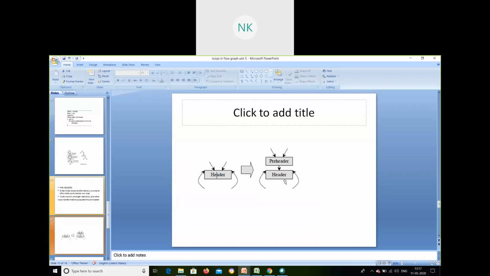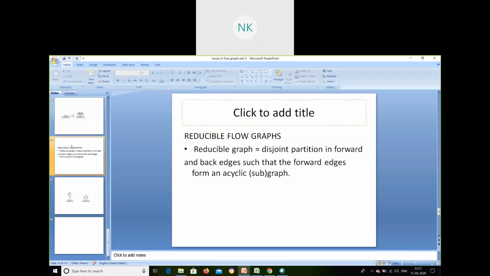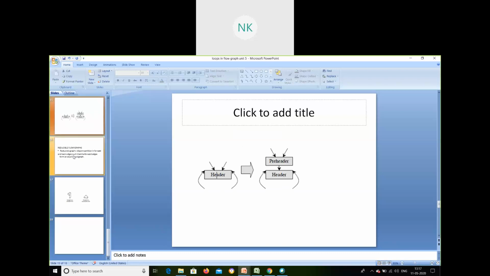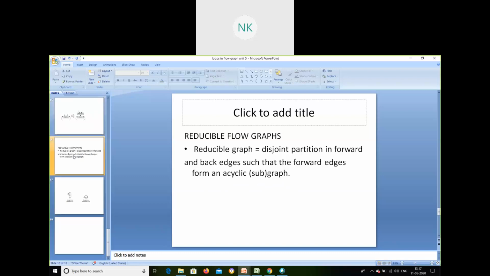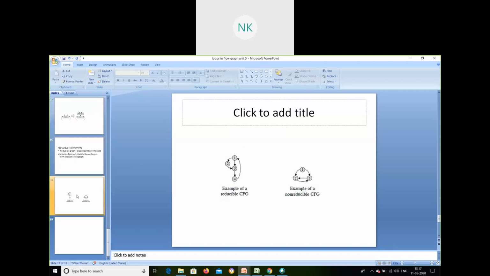Okay, that is the concept of the header to make your structured flow graph. And the reducible flow graph. A reducible flow graph is something we need to check. For example, I have a graph here.